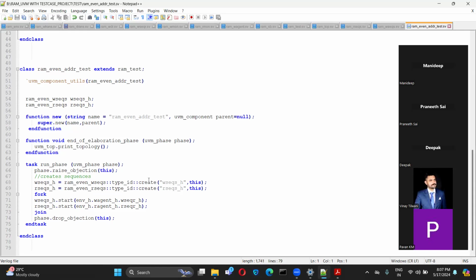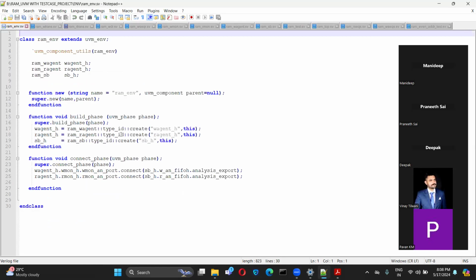But in the UVM it's always recommended to use the create. So if you see in the ENV, yesterday we also saw something like create all this, right? Wherever you want to create something in that particular container ENV, where we have different agents, all those things, wherever we need to create them, you have to use this create method. So the syntax is common for everything to create.